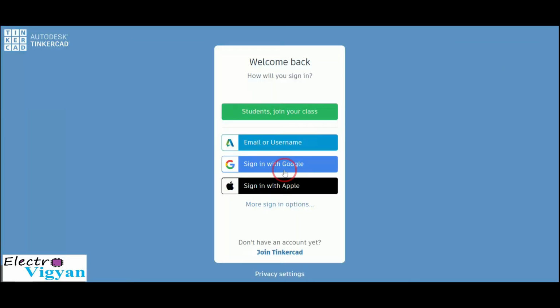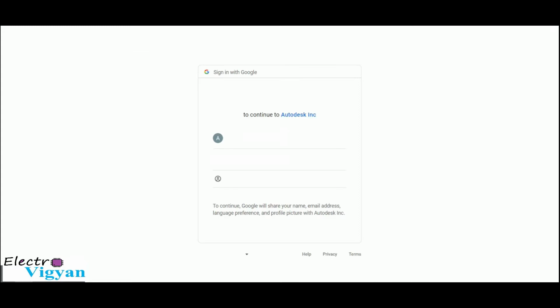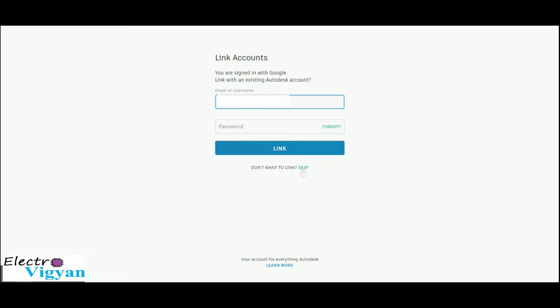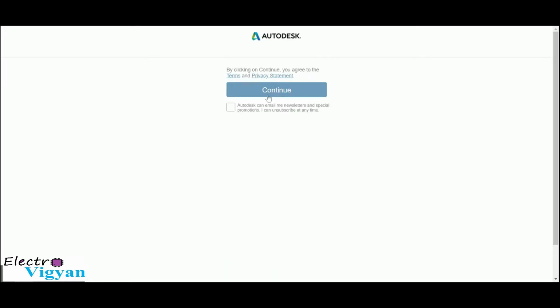Sign in with your Google account. Choose your account. Click on the skip button. Then click on continue.